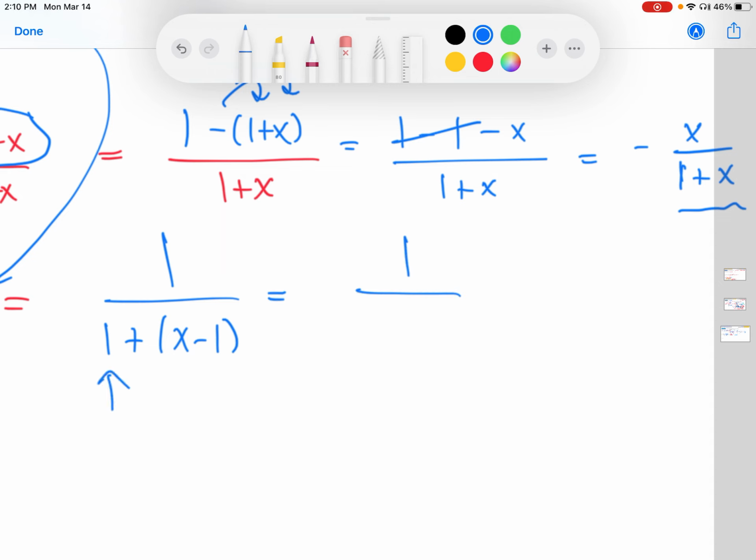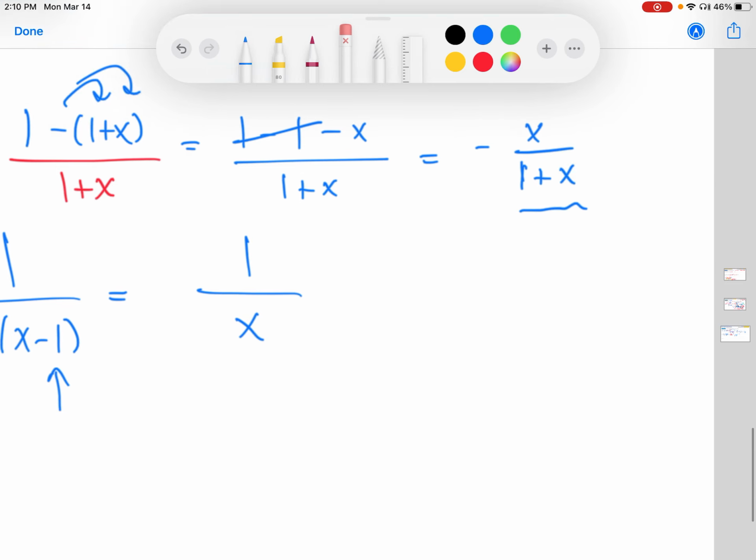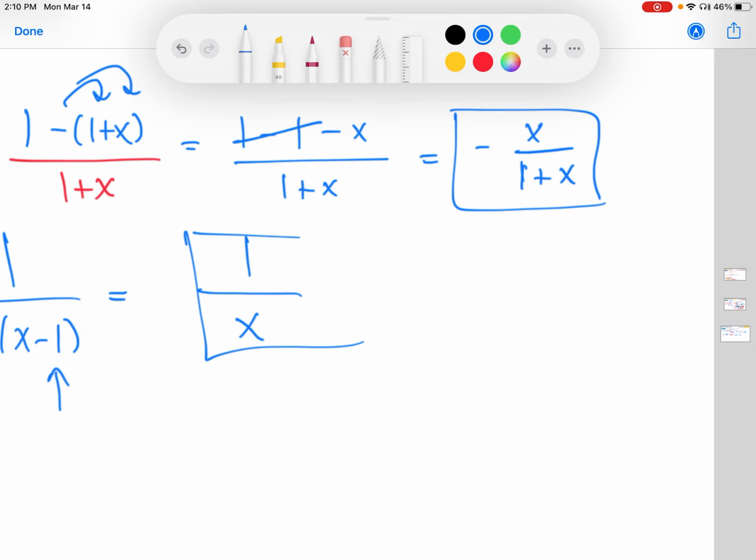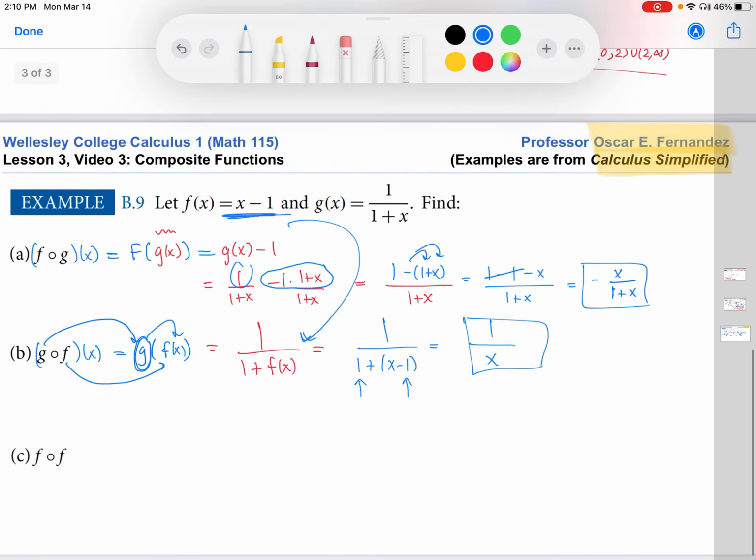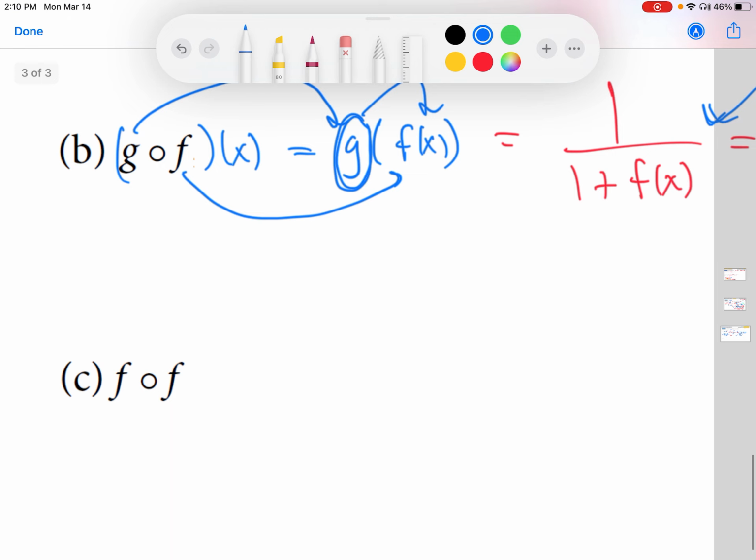So here I just have a 1 minus 1, so that goes away, so I just get 1 over x. All right, so I'll start boxing my answers here so we can tell what the final answer is from the rest of the clutter. Awesome, so last one, if I figure this out, this is still the outside function, of x equals